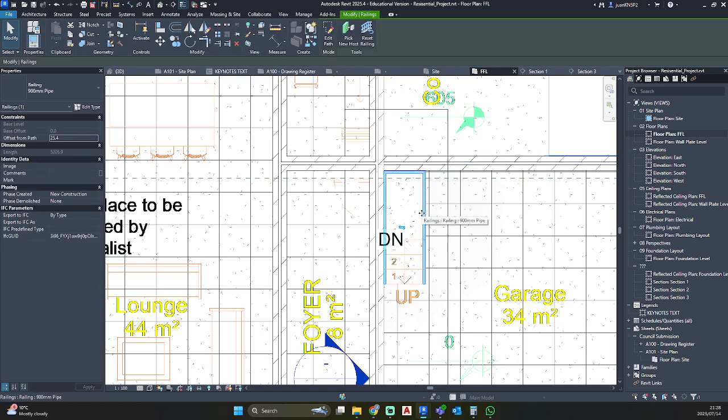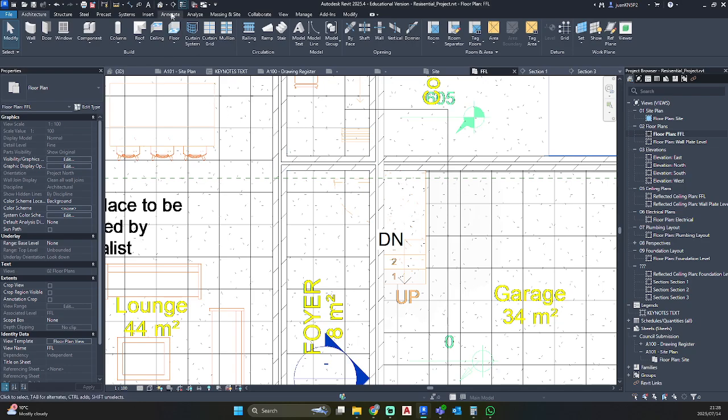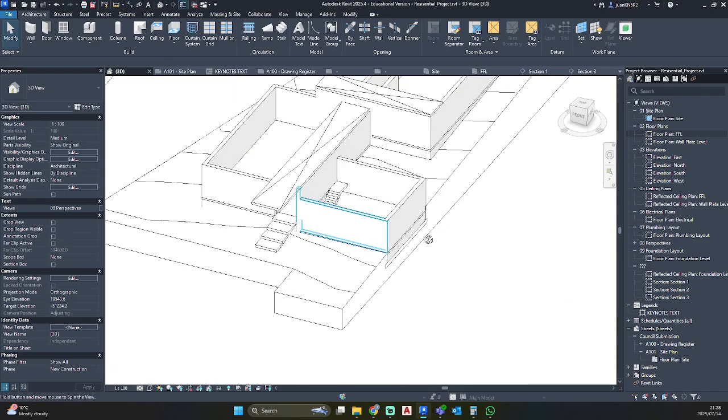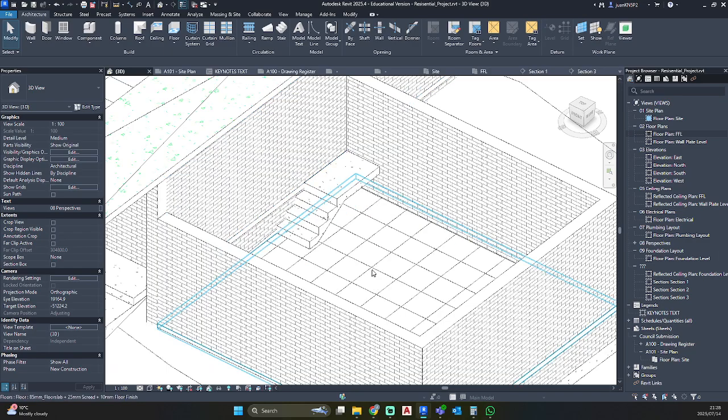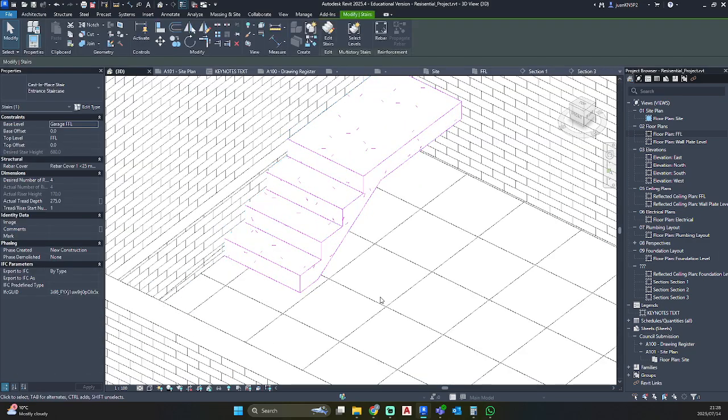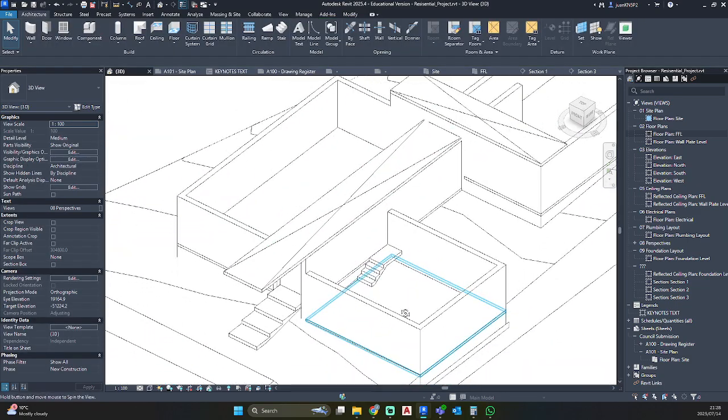Going to select the railing and delete it. Going into 3D. There we can see the staircase for our garage that we have created.